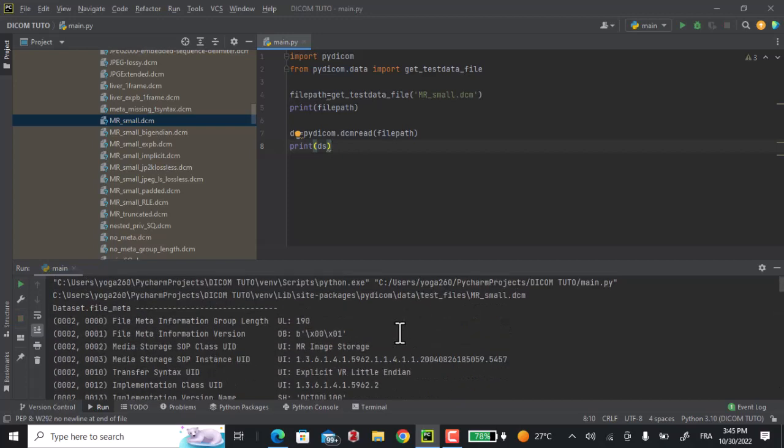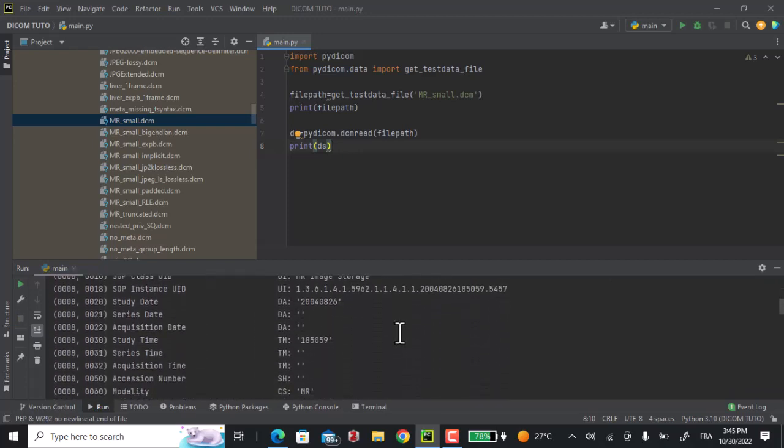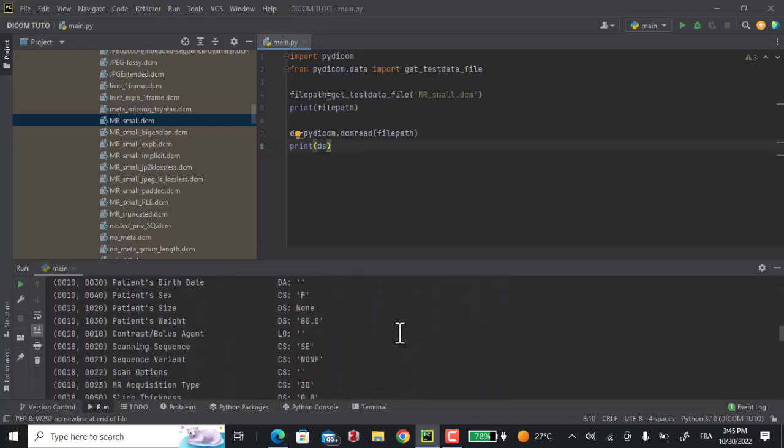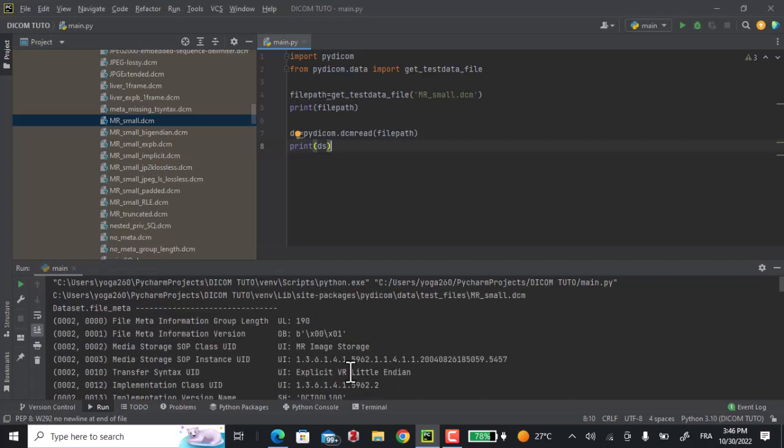And as you can see here, dcmread will read any DICOM dataset stored in accordance with the DICOM file format. If you are using a downloaded DICOM file, you can pass its path directly to the dcmread method. And don't forget to add the r prefix. For example, I'm going to give you an example here. I'll take this path. Let's assume that this is the path of your downloaded file. I'm going to just put it here,